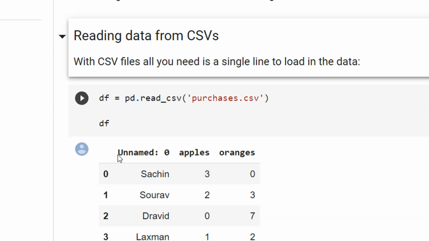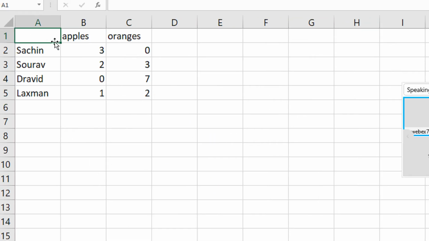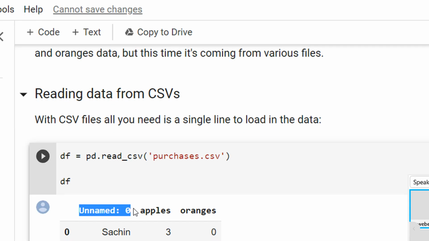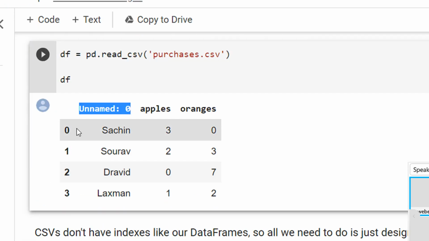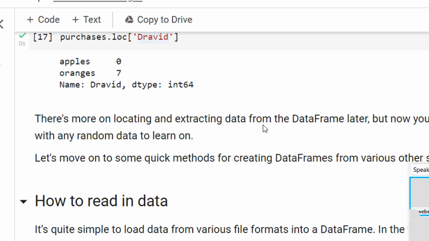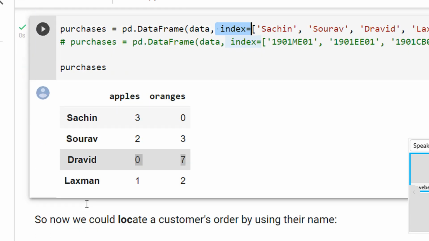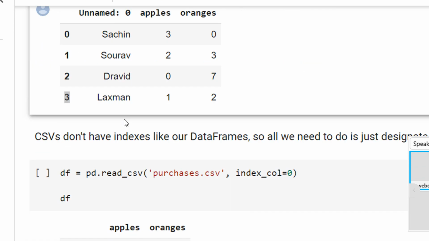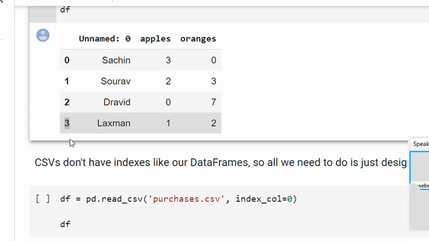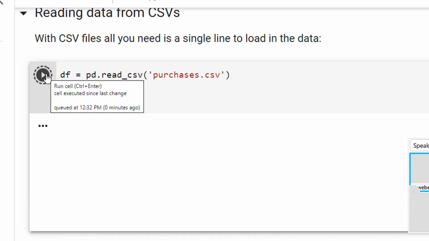So now you can see this is coming as unnamed 0. Why? Because you can see this was a blank cell. Since it was a blank cell, it came as unnamed 0. And the rest of the file is read automatically. Now you can see pandas again provided a default index to it. Why? Because we did not specify what is the index here, right? So you can see in the above case, we specified the index and it took this as index. But if we don't specify the index, pandas will automatically provide an index on its own. Fine. So let me just execute this.